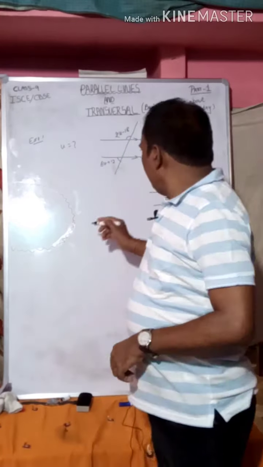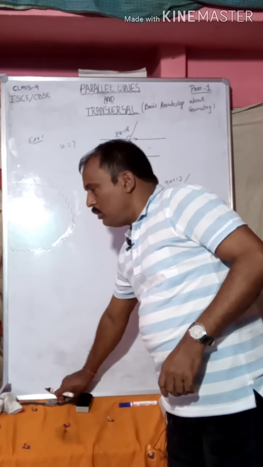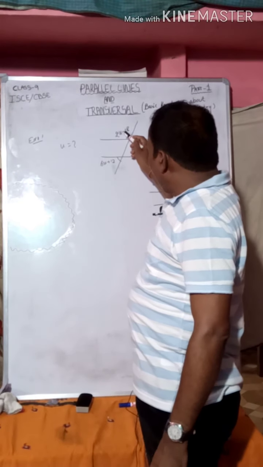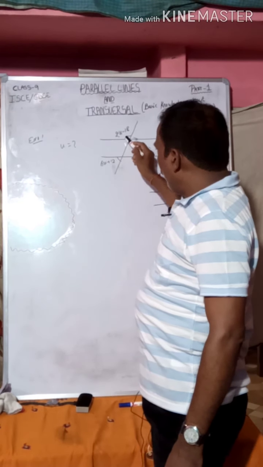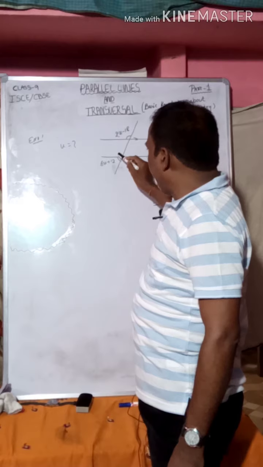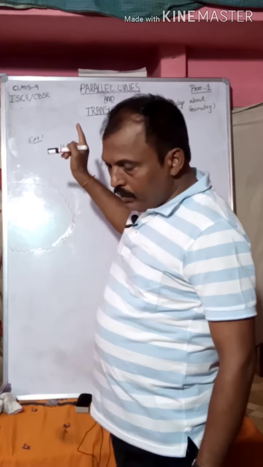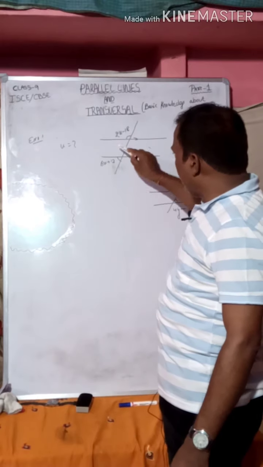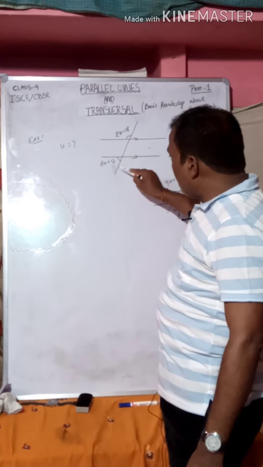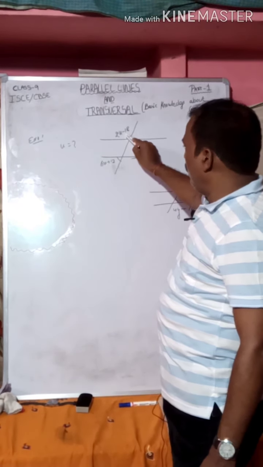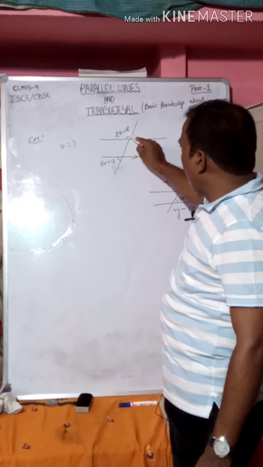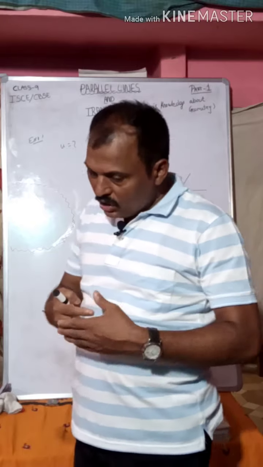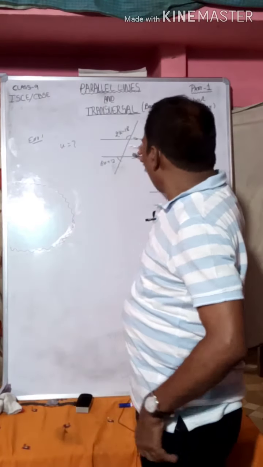Look, what is the value of x? This angle and this angle: what is the relation between them? First, these two angles are exterior angles. This is an exterior angle, this is an exterior angle, and they are on one side of the transversal. We already studied about them, so they are